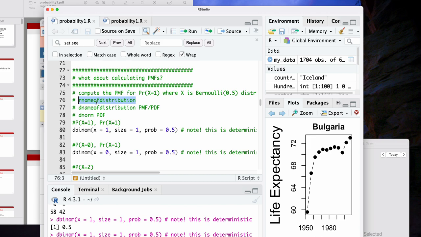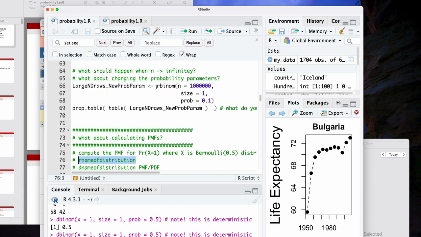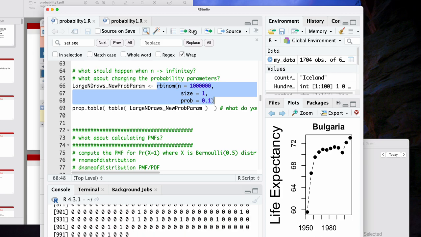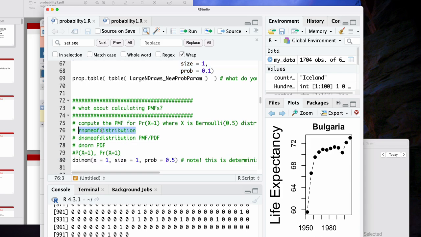When I use R binom, I'm not generating something deterministic. Instead, I'm getting random numbers from that distribution. So you're totally right. D stands for the PMF, whereas R binom is a way of generating random numbers, or generating draws, or generating realizations from the distribution you've defined. Those are different ways of saying the same thing, but that is the difference between the D and the R when we're talking about random number generation within R. Does that clarify?